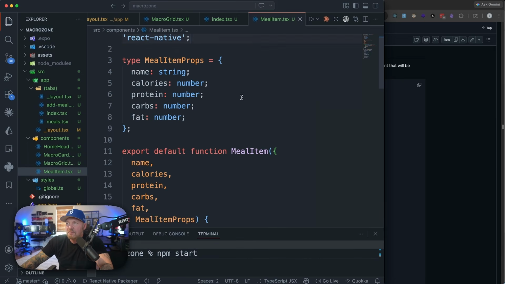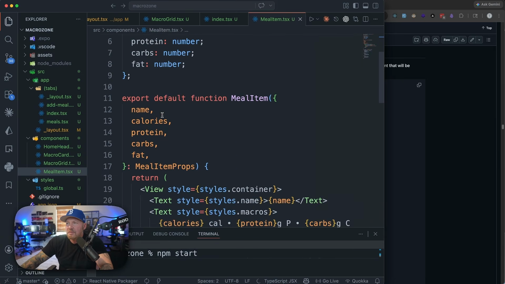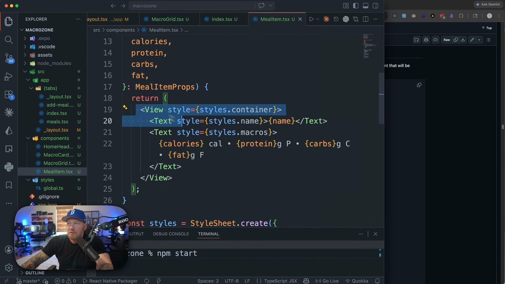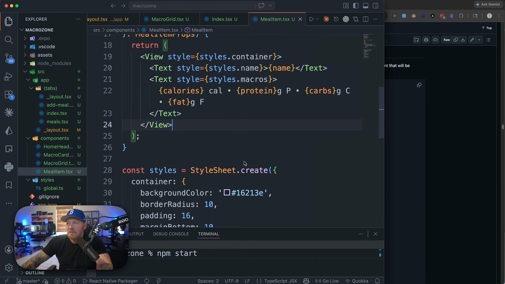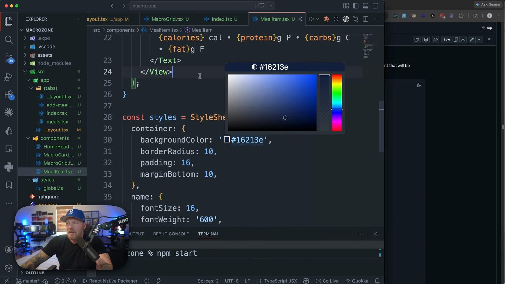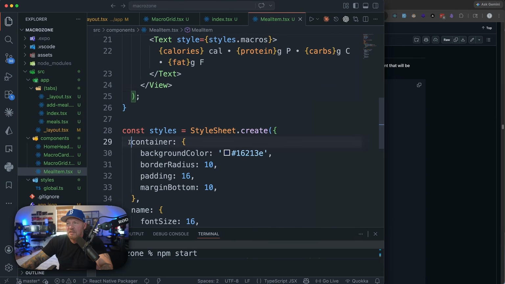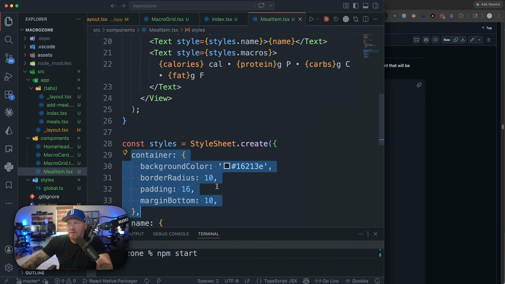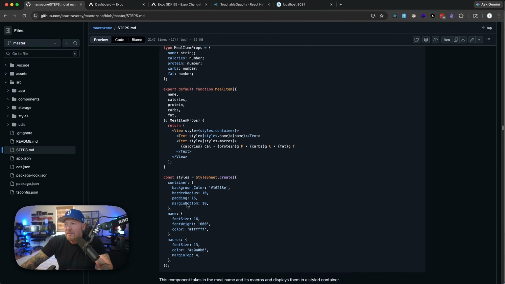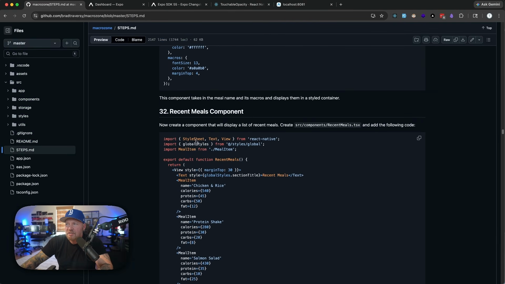So we got our text view style sheet, we got our props, and we're just rendering a view with some text, okay? And we're showing each calories, protein, carbs, and we get some local styles. And this container is different than the global one, so that's why I'm not bringing the global container in. So we'll go ahead and save that, and then the next thing we want to do is the recent meals